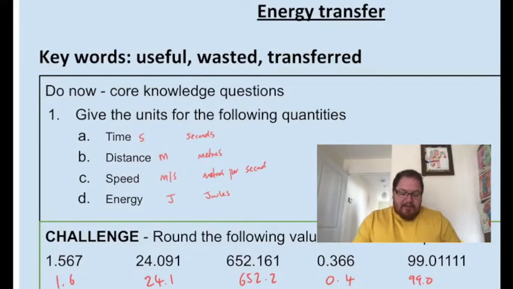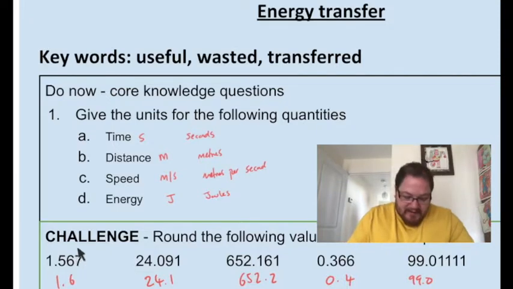Your challenge here is to round these up, so 1.5, well, I'm not going to give you a lesson in rounding today. This is just a bit of a recap on your numeracy skills. But if the number next to this number, because we want 1 decimal place, if the number to the right-hand side is 5 or bigger, then this number goes up. So 1.56 becomes 1.6,